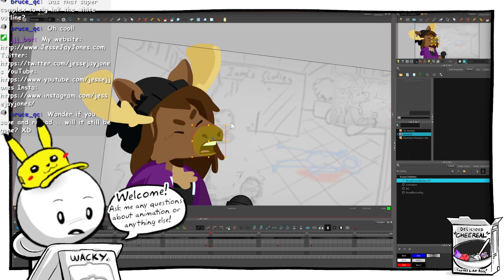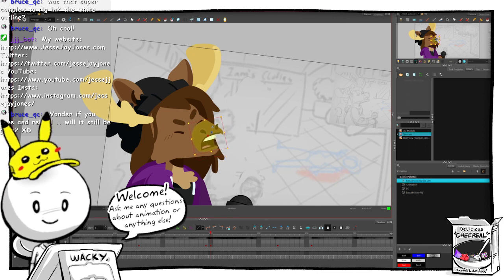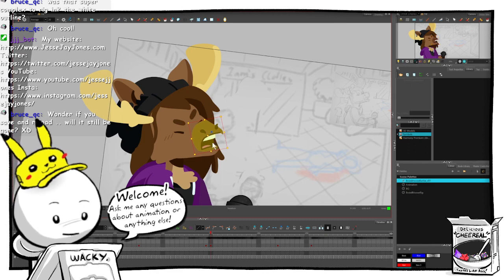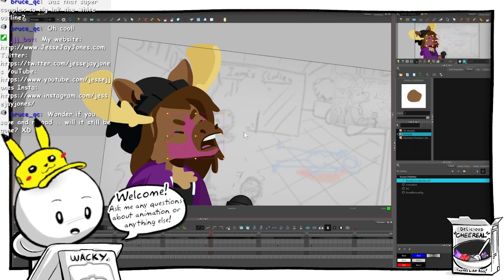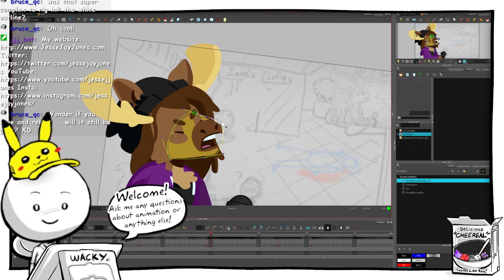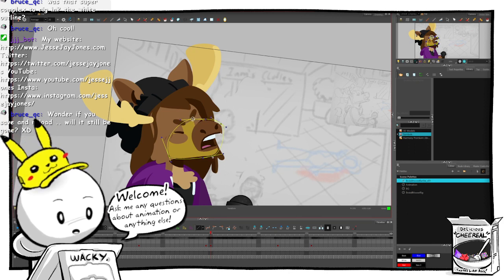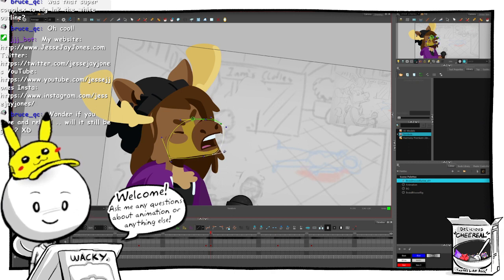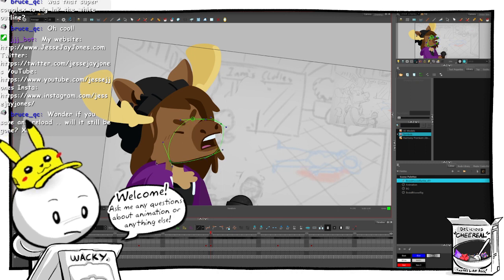I know one thing that could help is moving this part, so it's up further like that. And take his snout. Adjust that up. And bring this down. Yeah, you probably wouldn't see too much of his left eye. Bring this jaw down. There we go.